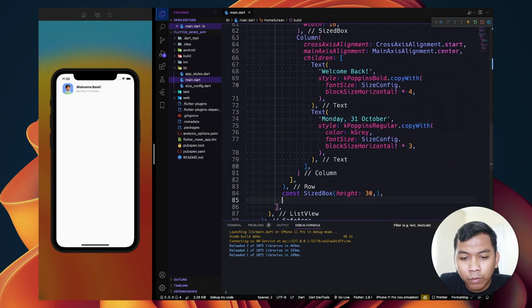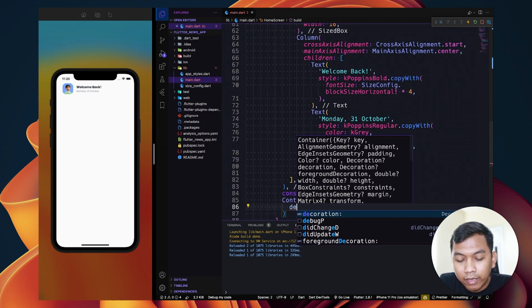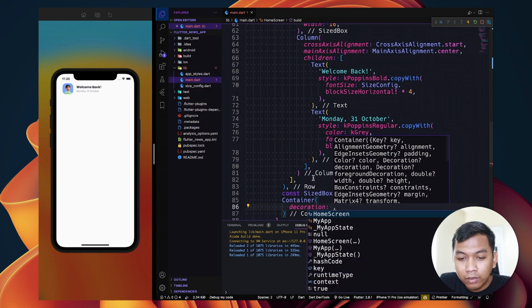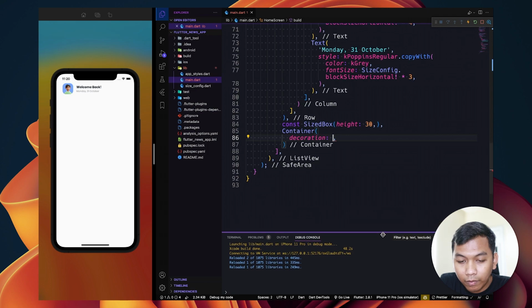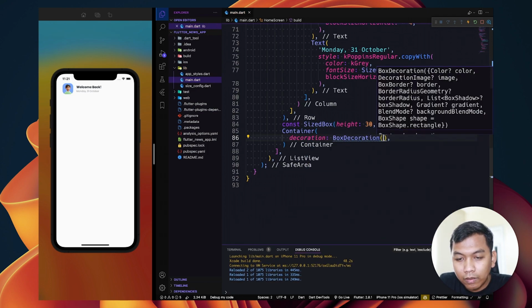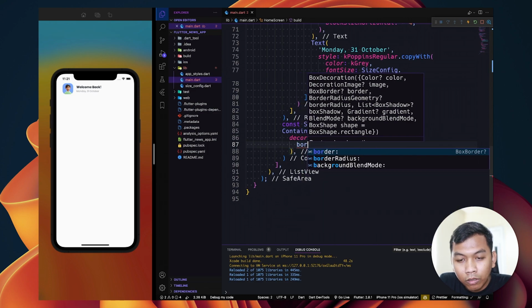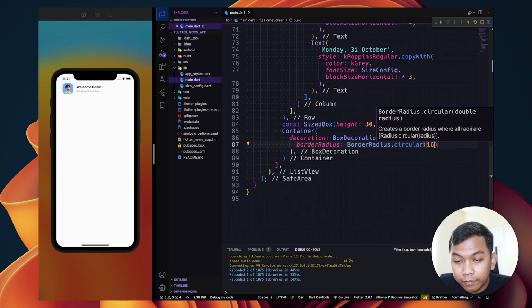And below our size box, we have container. And in this container, we want to set box decoration. And we want to set border radius 16.